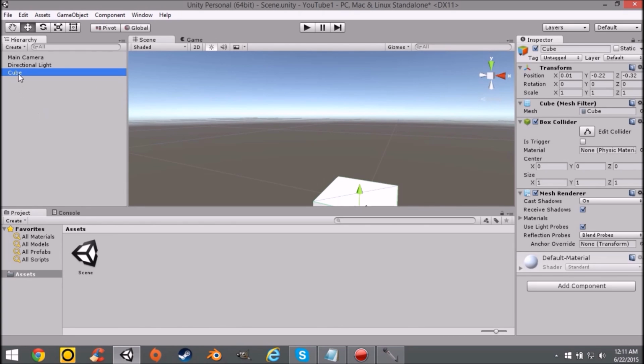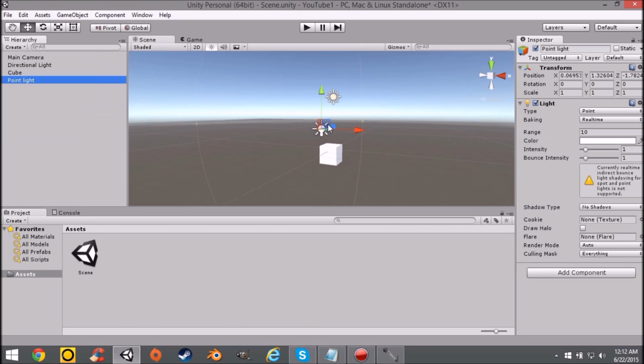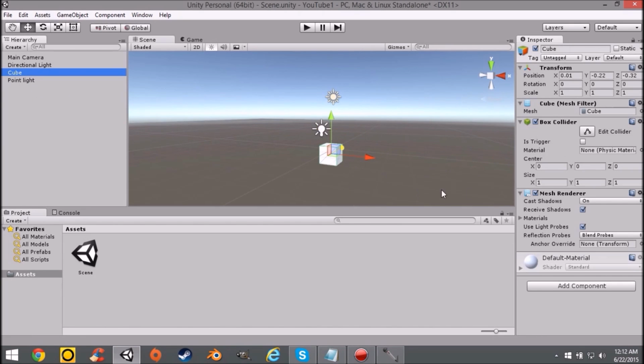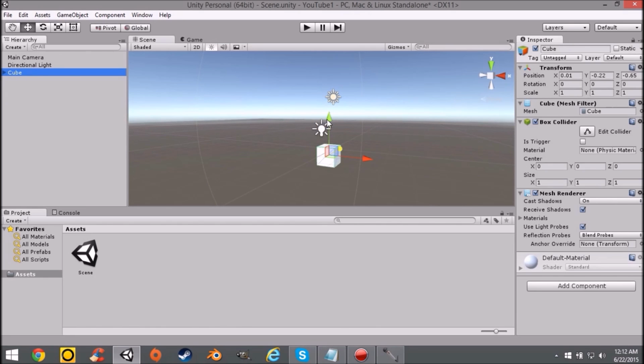aspect. So as I was talking about the light, let's just use that instance again. So let's use a point light. This is not parented to the cube, so it won't move with the cube. So if I put this as a child of the cube, and the cube is the parent, I could basically move the cube and it would also move the children with it. So that's useful. You're going to use that a lot, especially with